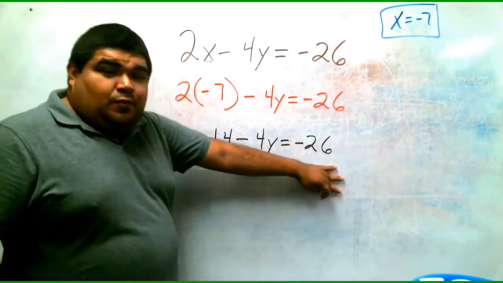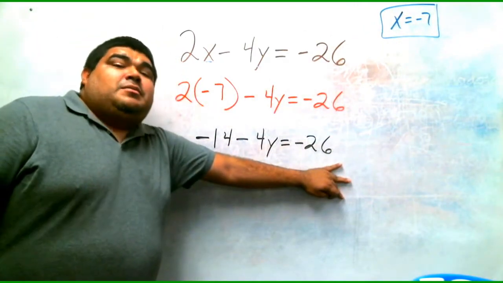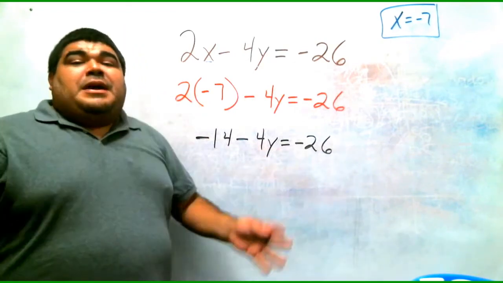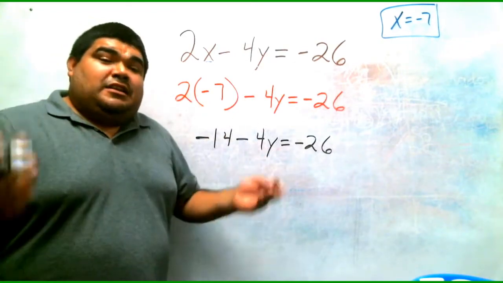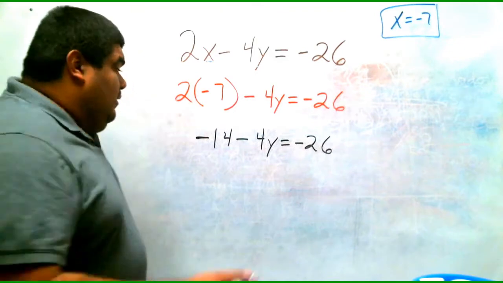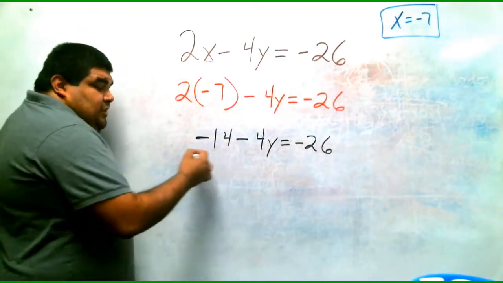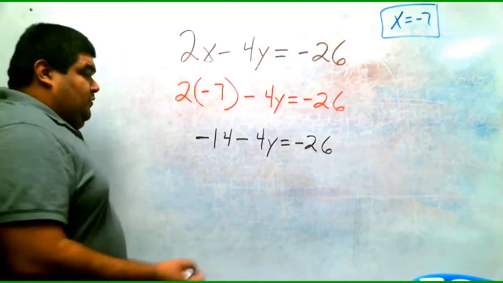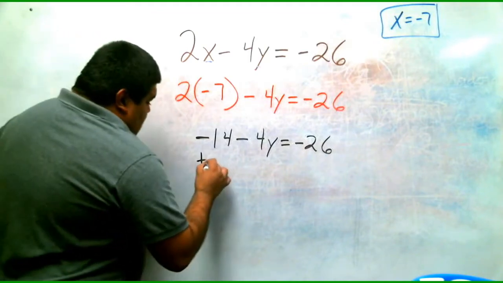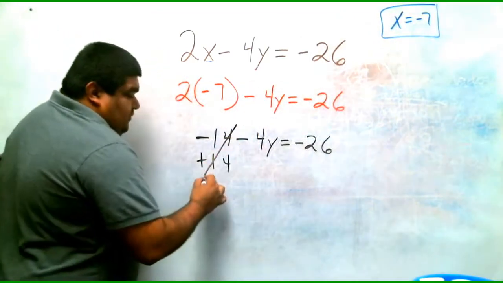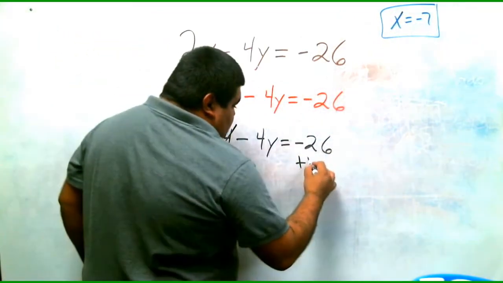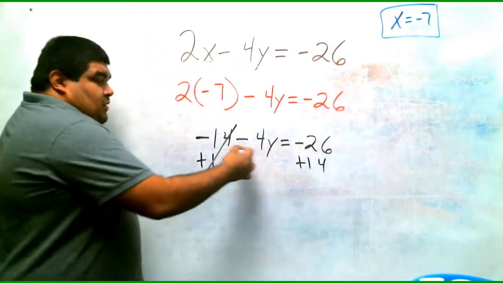You might ask yourself, why not move the -26? Because if you do that, you unbalance the scale. You have to have something on each side of the equal sign. So the only option is the -14. So it becomes +14. Cancels out. You do the same thing on the other side, +14. We're left with